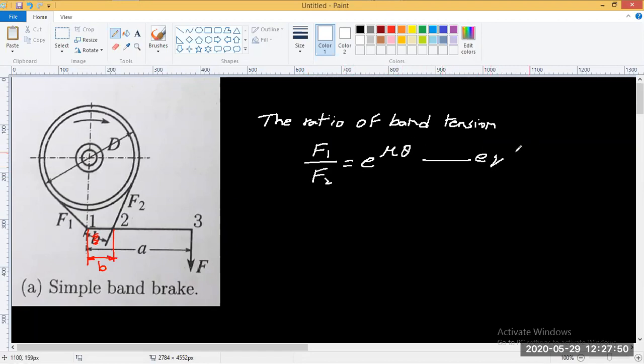This is given in equation 13.18a. Okay, you might remember this equation. It is taken from the ratio of belt tension from belts, that is the first module. T1 by T2 equals e power mu theta. Mu here is the coefficient of friction of this friction lining here, and theta is the angle of lap or angle